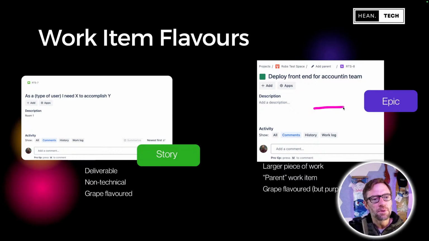Epics, on the other hand, represent bigger pieces of work. They might represent an entire project, or they might represent